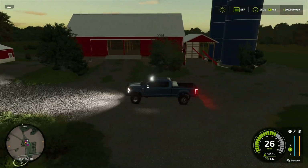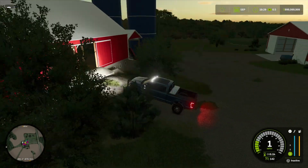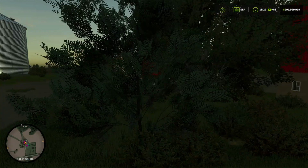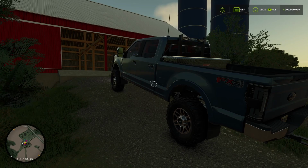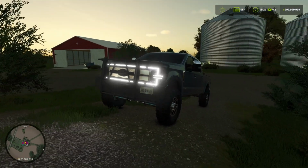Now, to park the truck, I think we're just going to pull it up on the bank here, because I don't think we'll be putting anything in here today. We're going to use this mostly for bales and stuff. So we'll go ahead and park it here and turn that off. Leave those running lights on, because they look really nice. I mean, we spent all that money on them, so...